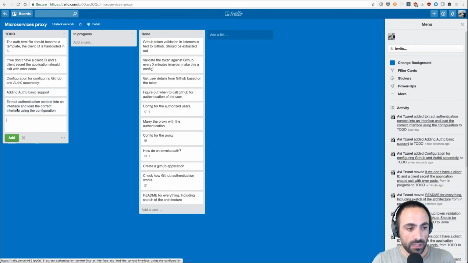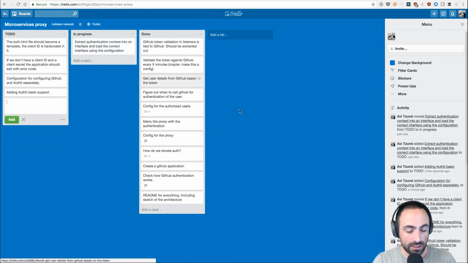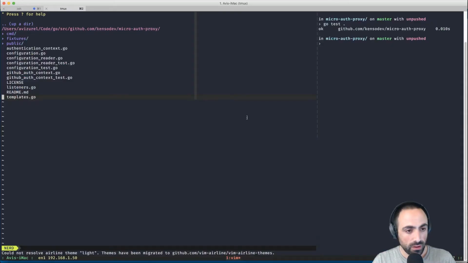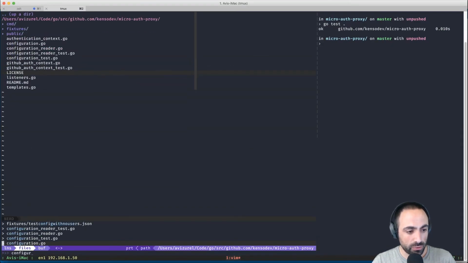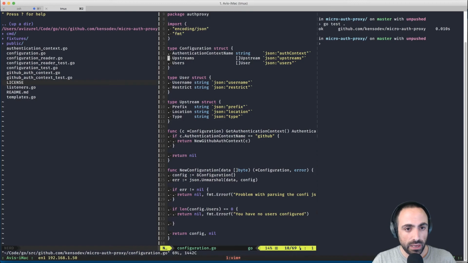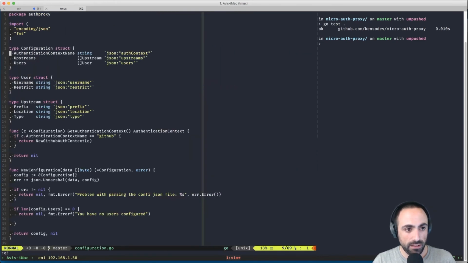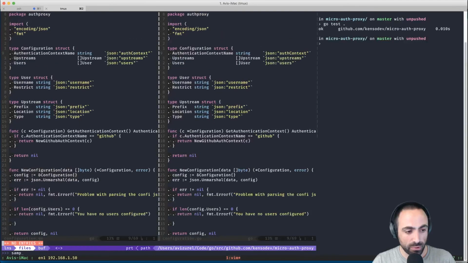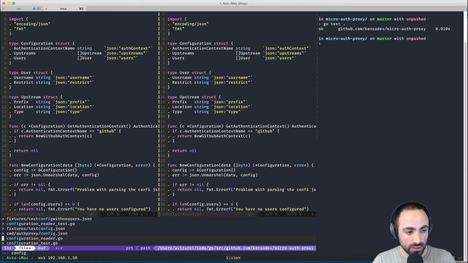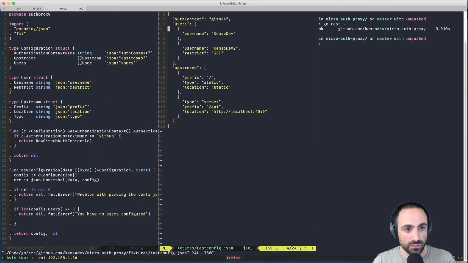So let's go ahead and start that out. Okay, so now configuration.go. We have Auth Context. Oh, so we already have that. Okay, so let's look at sample config.yaml. Testconfig.json. There it is. So Auth Context is GitHub.